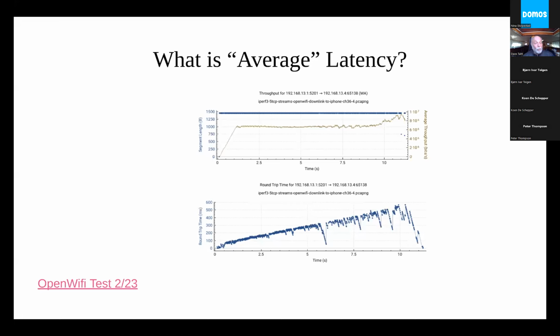The core speed test thing that drives me a little nuts is: what's the average? At 2.5 seconds here, the average latency is 100 milliseconds. At 5 seconds, the average latency is 200. At 10 seconds, the average latency is 300 milliseconds. But the slope here keeps getting worse and worse and would extend off the side of the chart.